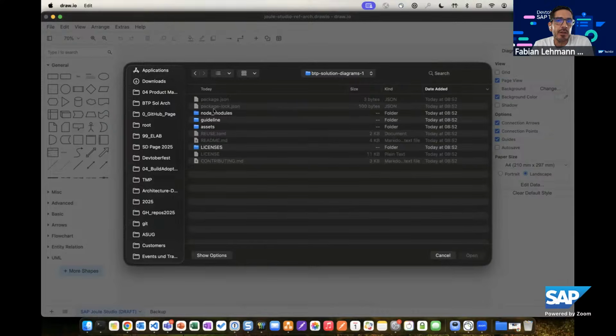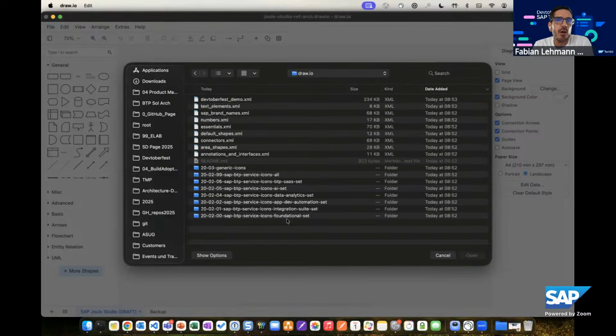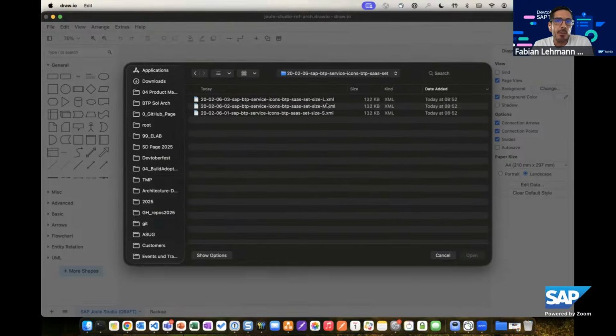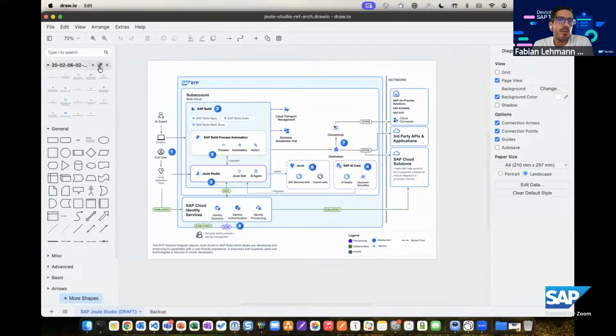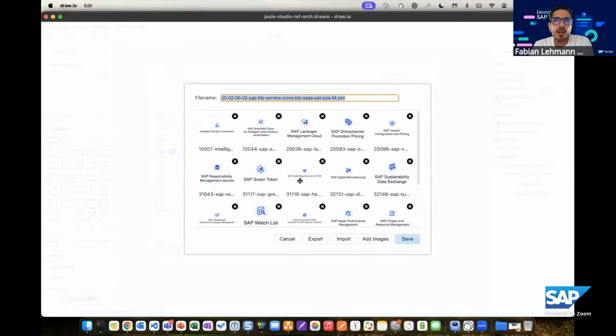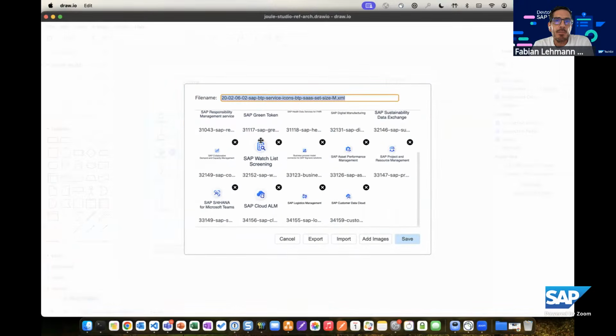So if you're going in this direction as well, you get all the same folder structure as shown in the GitHub repository. And here you have the capability, for example, to open some different custom libraries. For example, this BTP SaaS icon set is really new and is currently not available with a native integration. You see it here, a lot of different SaaS applications which we are providing, like for example Cloud ALM